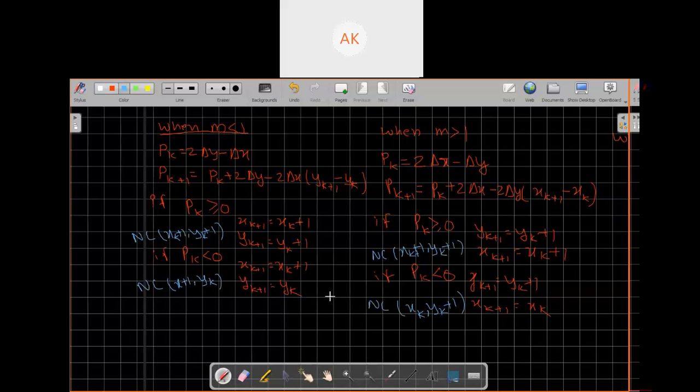Okay, so is it clear to all of you? Is it clear to all of you? Please unmute your mic and speak. If any doubt, you can also ask. So all three cases clear: when your slope is less than 1, when your slope is greater than 1, and when your slope is equal to 1. Okay,